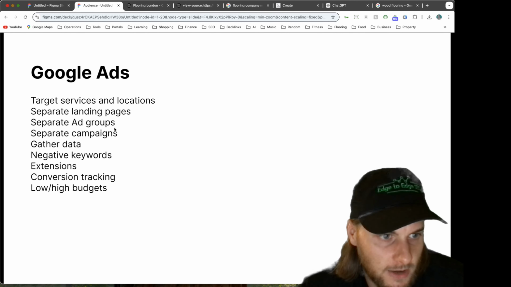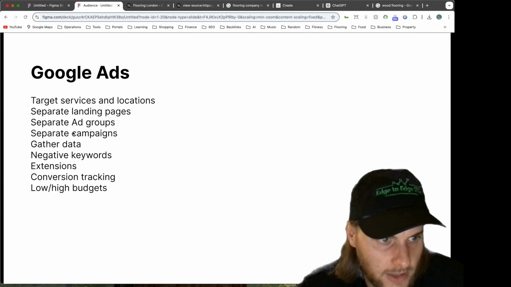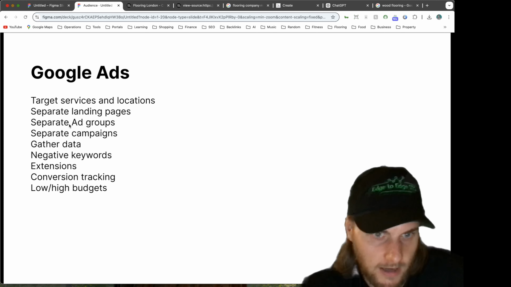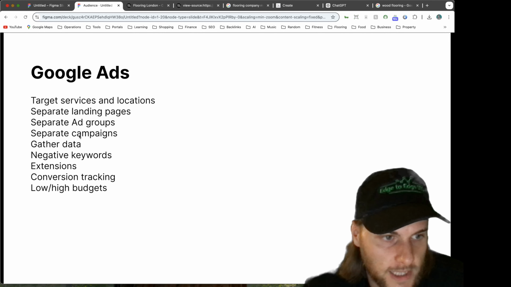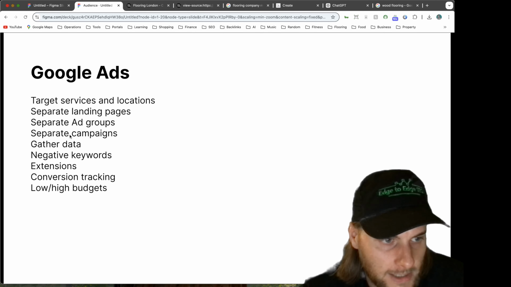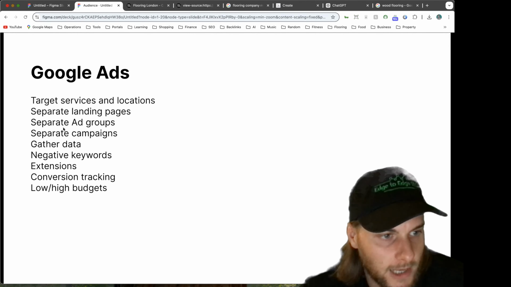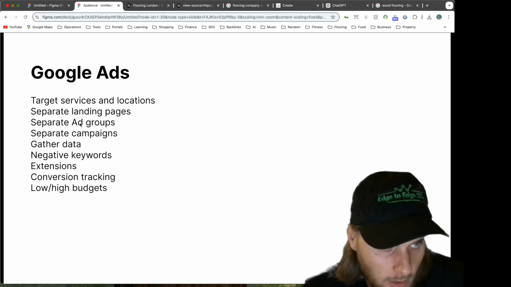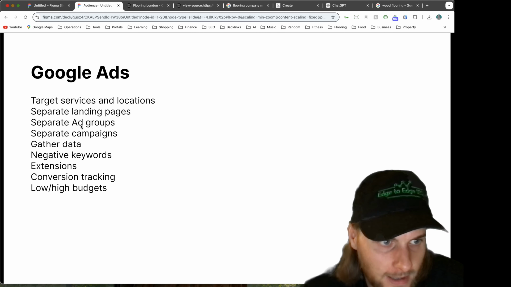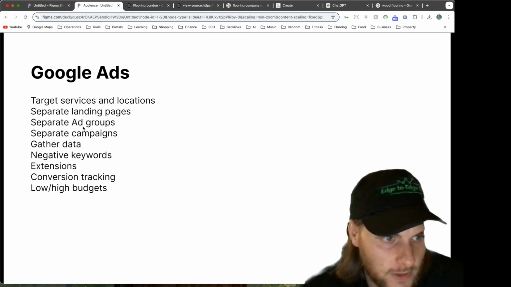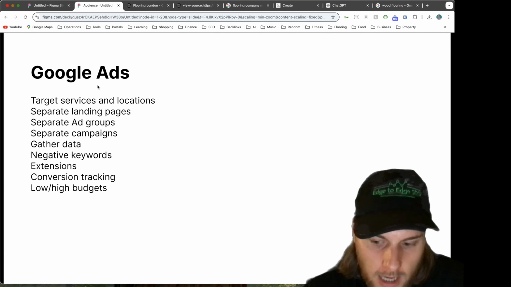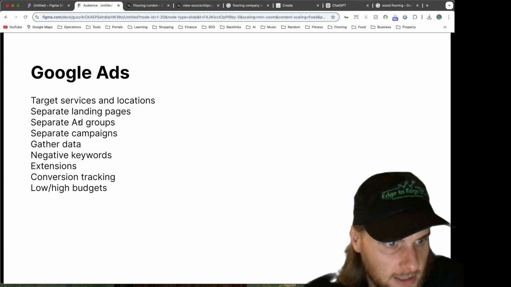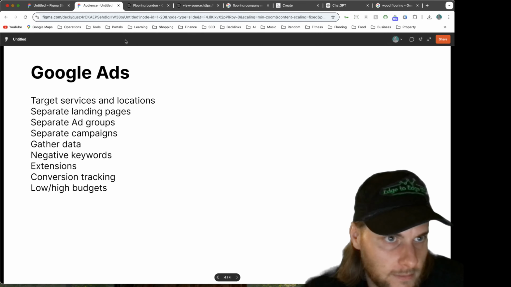So this is kind of tricky to explain, but you want to be thinking about what's best for your budget and your strategy. But obviously the higher budgets allow you to have more campaigns and more targeted campaigns. The lower budgets restrict you to one campaign and just lots of ad groups within that one campaign. It's hard to explain without showing you. I'll have to create a dummy Google Ads account and show you what I mean on screen.